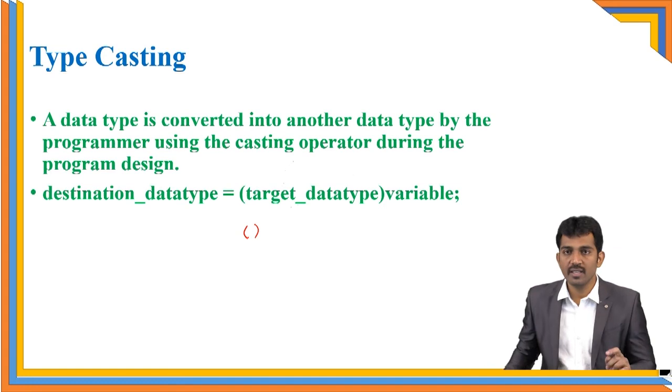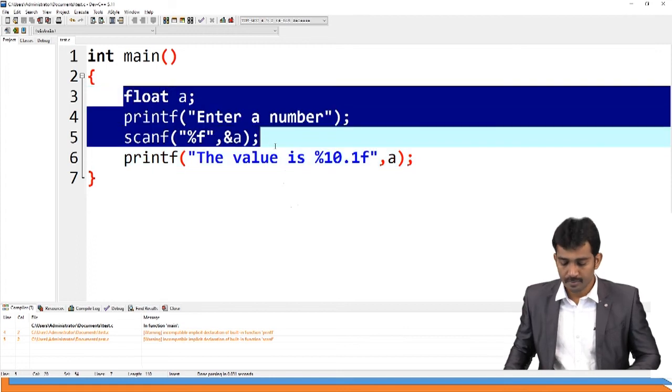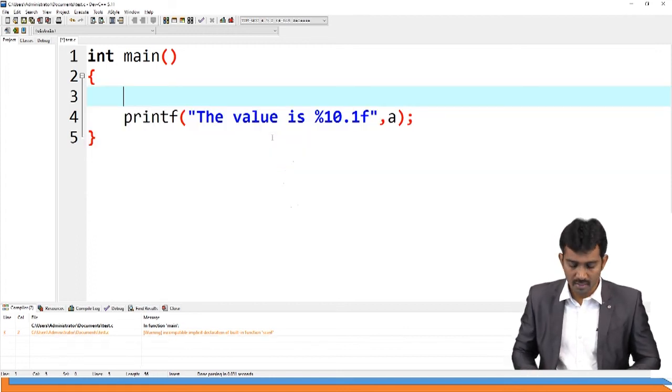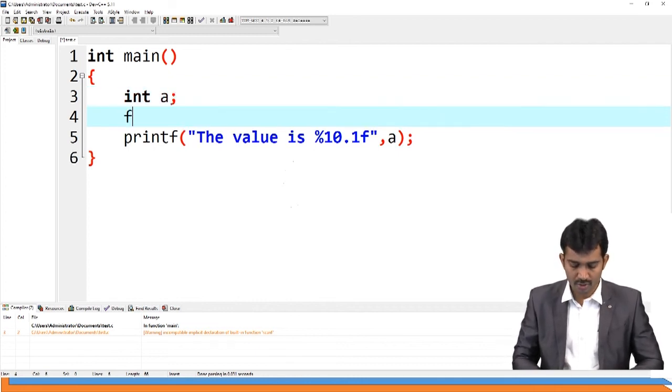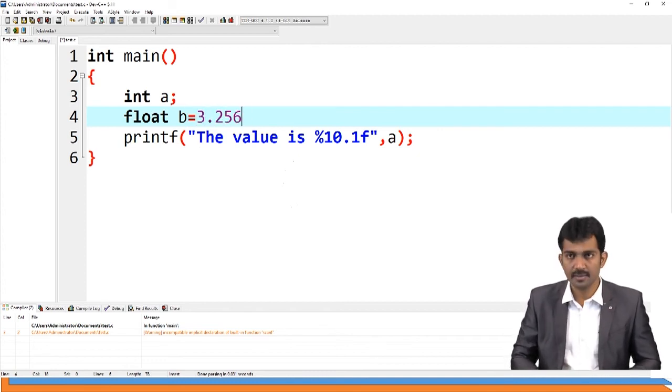I will show you an example. See, here int a, and float b. So float b equal to 3.256.